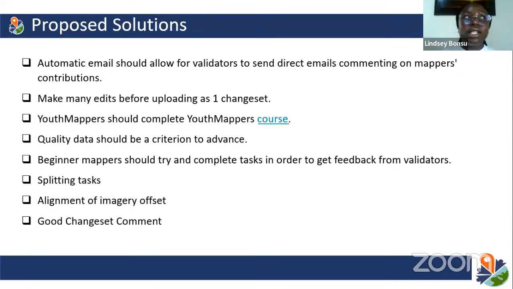So myself and Kingsley have been thinking of ways of solving these issues. We proposed ways of solving these issues, and the first thing we thought of was that